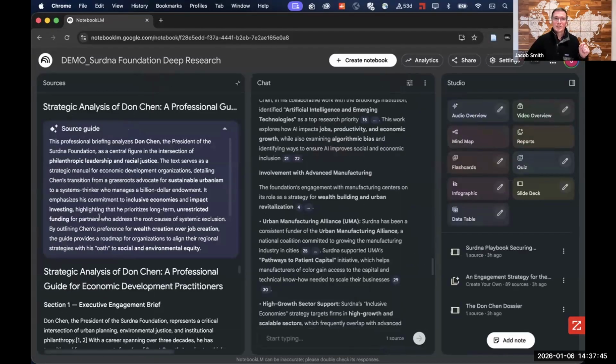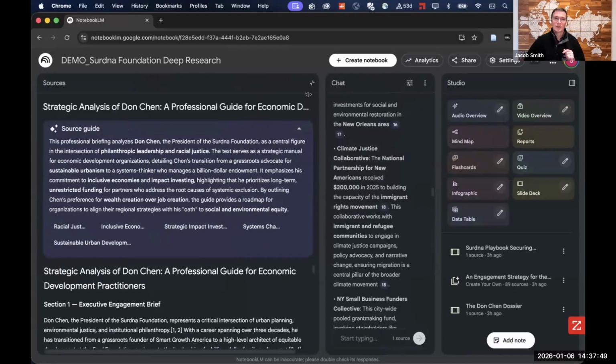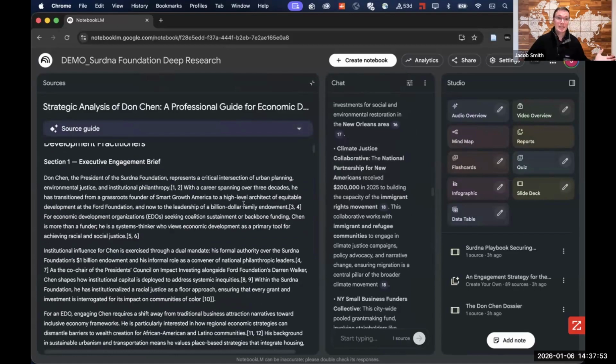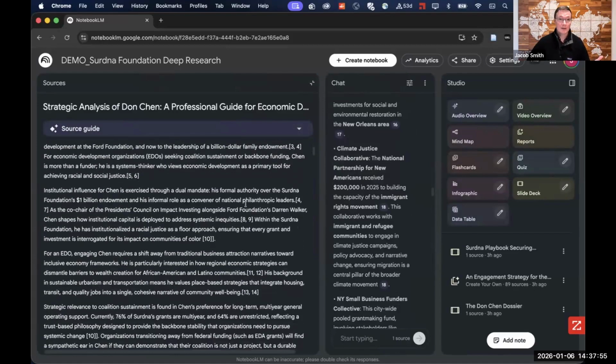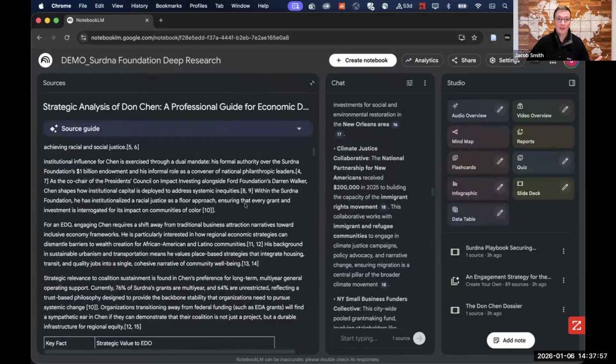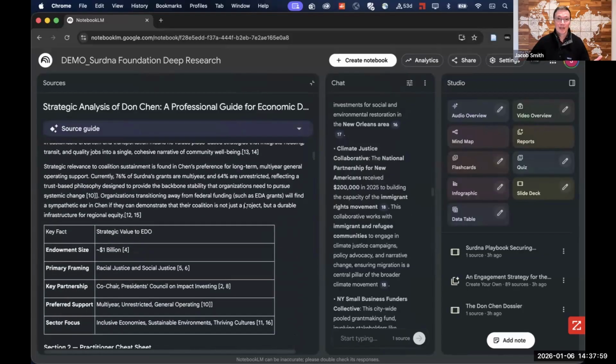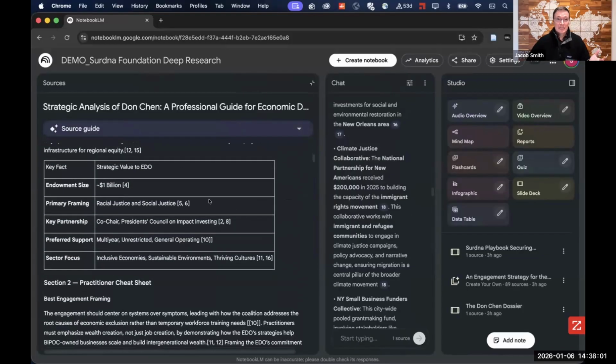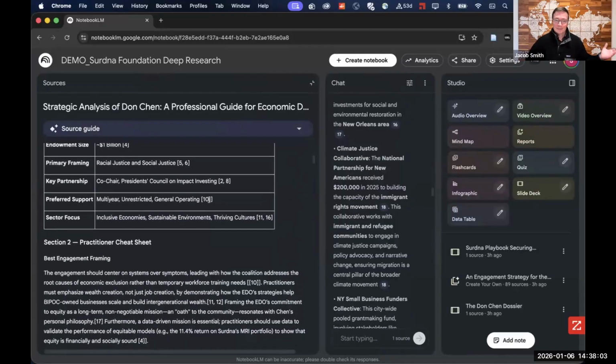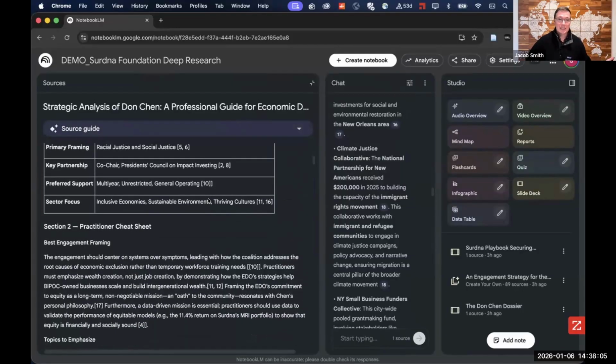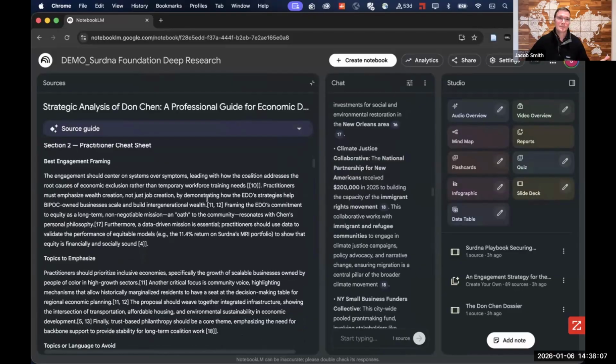So for this particular case, I looked at the president of the organization that we're talking about today, and you can see it followed the prompt pretty well to generate this report. You get an executive level summary, some of the information about the organization itself, as well as his involvement with the organization.